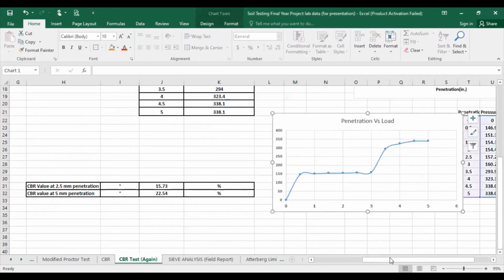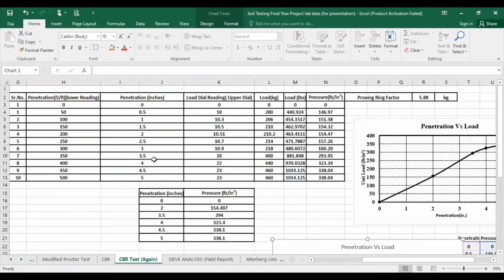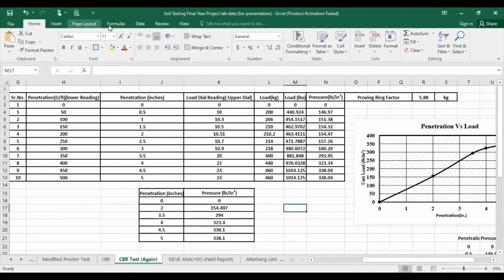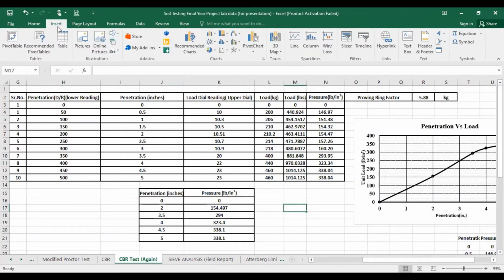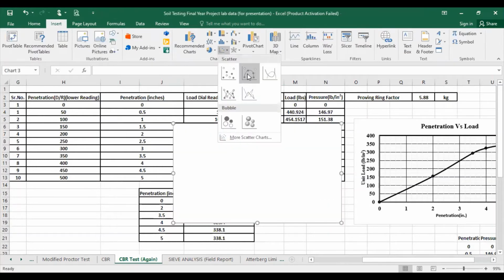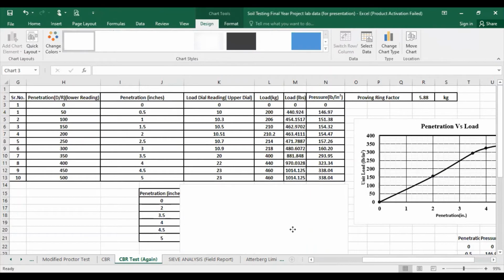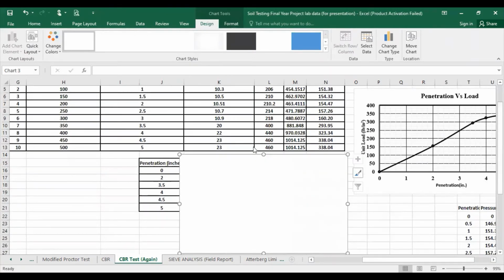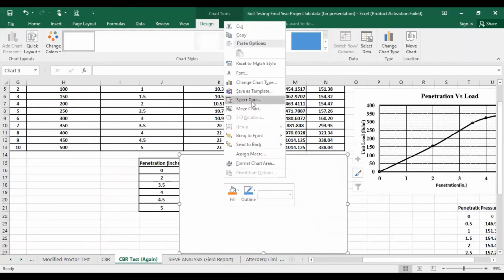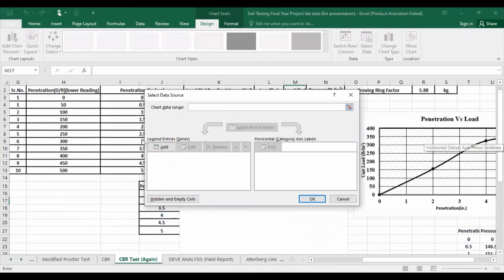let me take these values, for example, this column and this column separately. Or you can take it from here as well. So let me plot the graph. I have to go into the Insert option, then go into the scatter. And when I have the scatter graph, I have to select the data. So I have to right click on it and go into Select Data, and you have